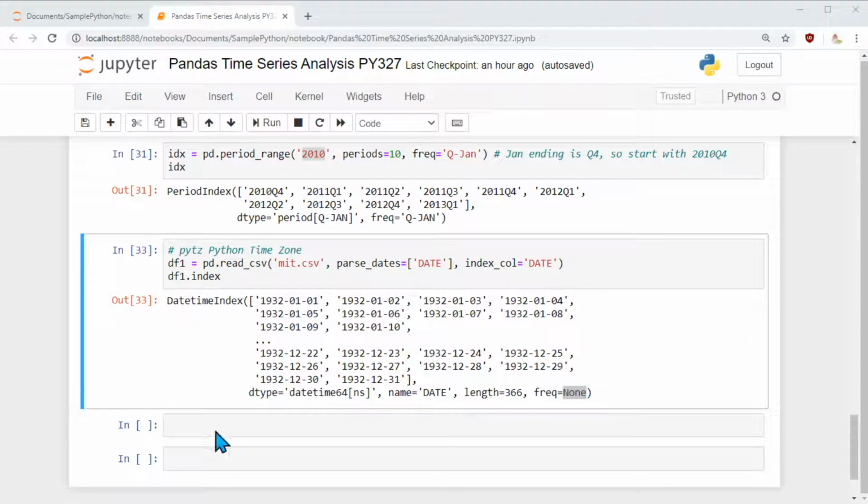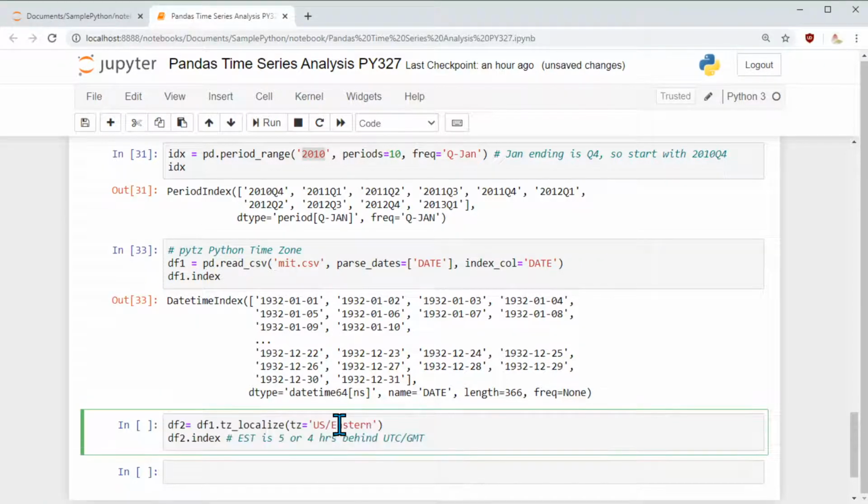Okay, so now this is a Boston time. So we have a method called tz_localize. That means I am telling the system that these are not Greenwich time or UTC time. Instead, these are Eastern Standard Time. So we have this method tz_localize, and this method on a particular data frame or a particular index can